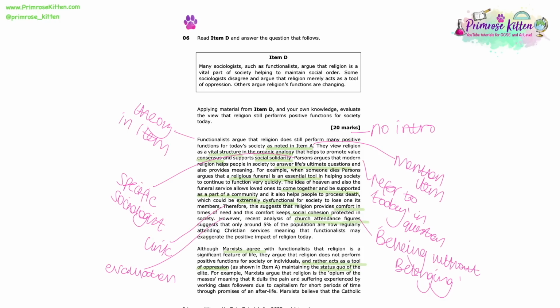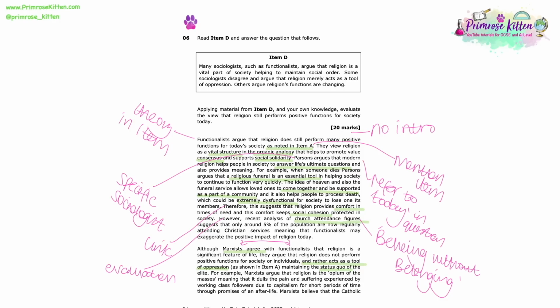Now, in that first sentence, I want to highlight something that's really important. You are showing the examiner that you have got an excellent overall sociological knowledge, because you understand sociological theory. Despite the fact Marxists and functionalists could appear on the surface to disagree on everything in society, there actually are some areas of commonality between the two theorists, and that is in how they view society as a whole as a